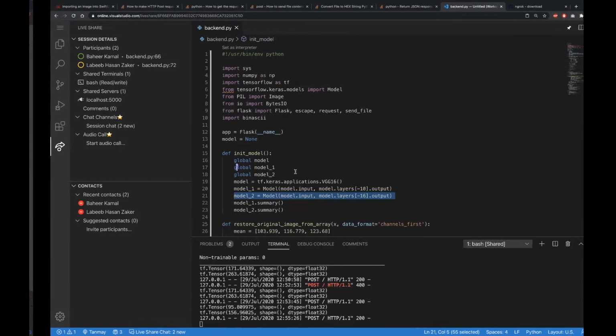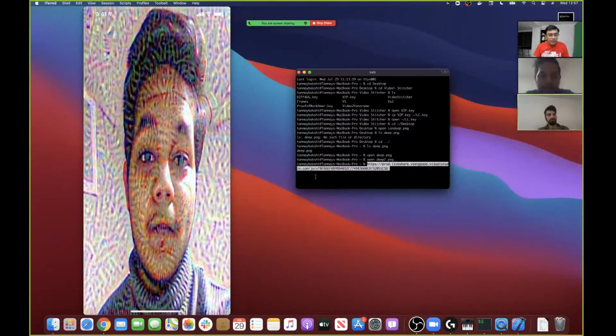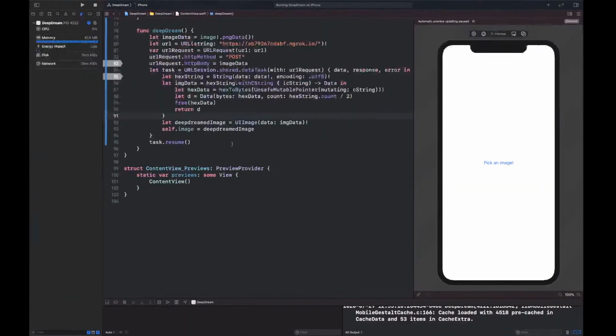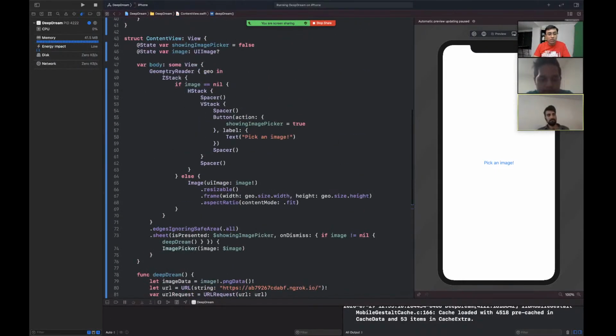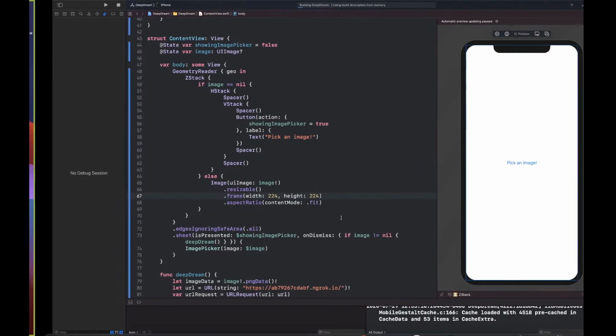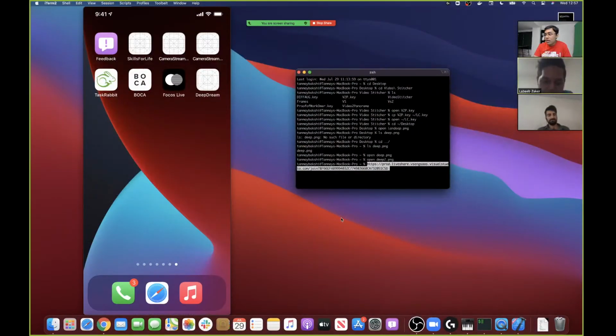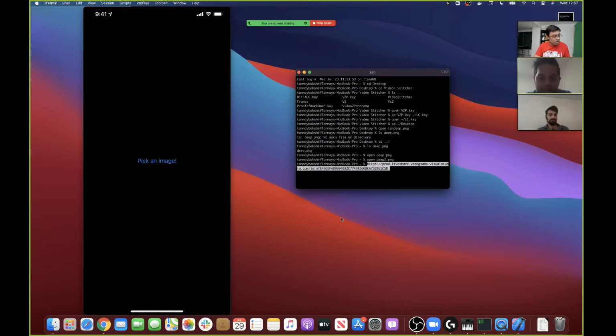All right. So, the first thing that I want to do is actually restrict the Swift image size to 224 by 224 so we don't end up stretching it twice. Either way, isn't the DeepDream function really stretching it back? Yeah, because the DeepDream function resizes it to 224 by 224. So we'll just keep it at that resolution. And also,